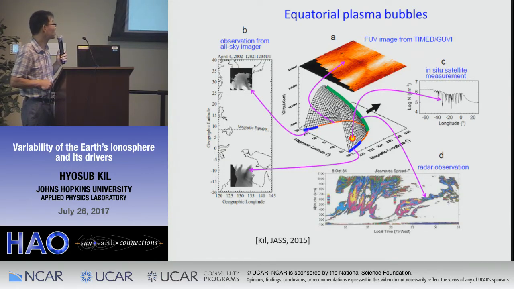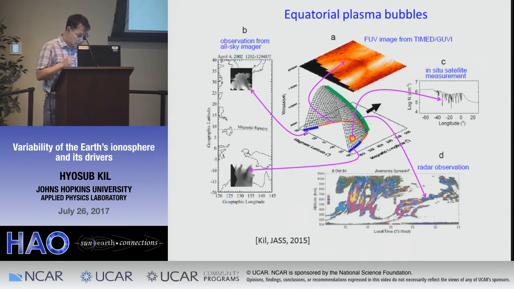This curved structure. When you take a picture from space, you cannot see the whole bubble structure. You can see only this line here, where the plasma density contrast between background and plasma bubble is the largest. So you only detect this one, and the bubble appears like this curved structure. So when you see the plasma bubbles in a satellite image, well, it doesn't look like